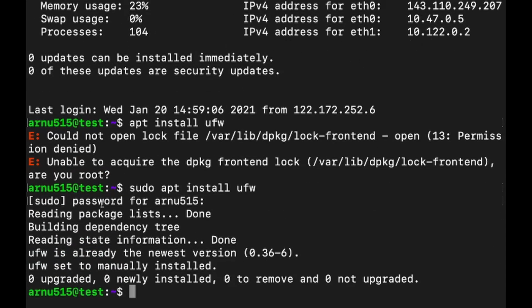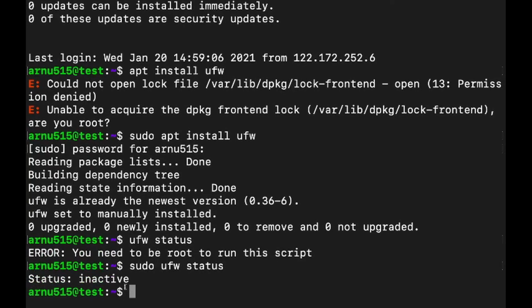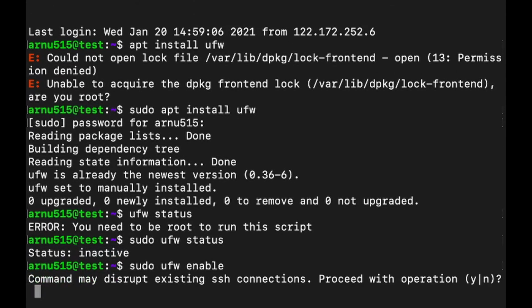And for me UFW is already installed, but for you it may not be, so just install it. And now you can type UFW status to just check if it is installed. Oh, we need to be sudo, and you can see that the status is inactive. So to enable it, you can just type sudo UFW enable, and this will enable the UFW, and it will